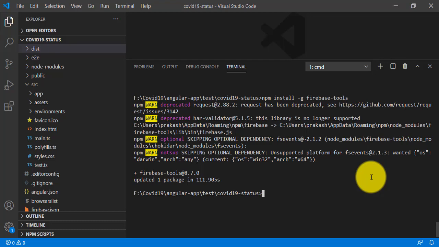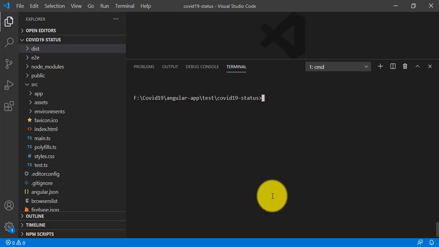Okay, now you see here, after executing the npm install firebase-tools command, the Firebase tools version you have installed is 8.7.0 and it updated one package. So it is executed successfully. So I just clear the screen.